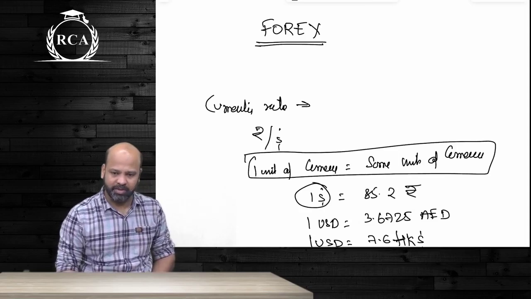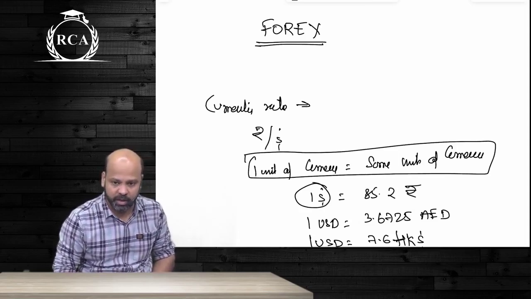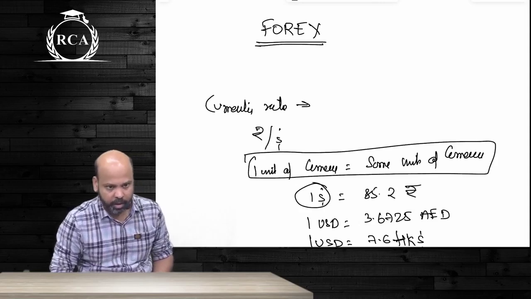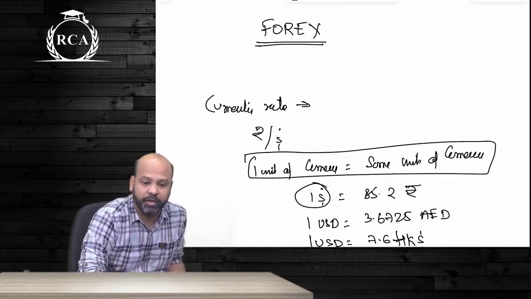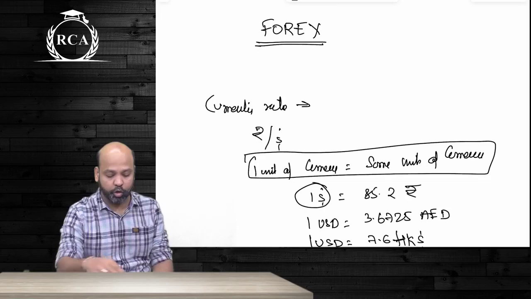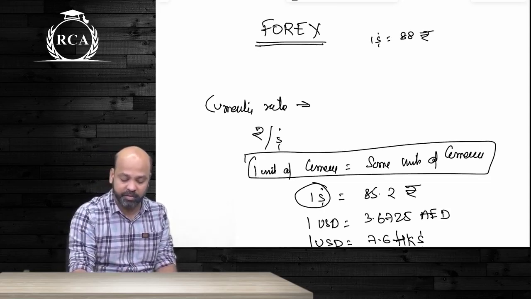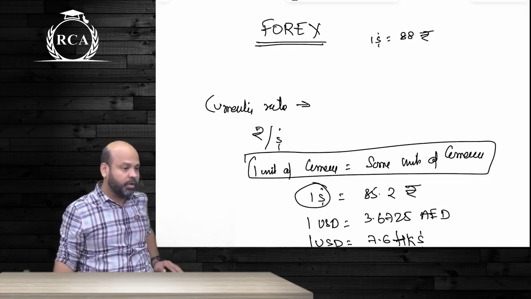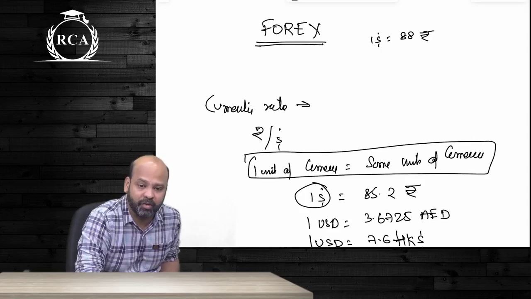Whenever you're expressing the exchange rate as such, guys, there will be something called the base currency and then the counter currency. Instead of using the words base currency and counter currency in the class, we've always used the words commodity and price. If the ongoing rate is $1 is equal to 88 rupees, we would say $1 is the commodity, and 88 rupees is the price of a dollar